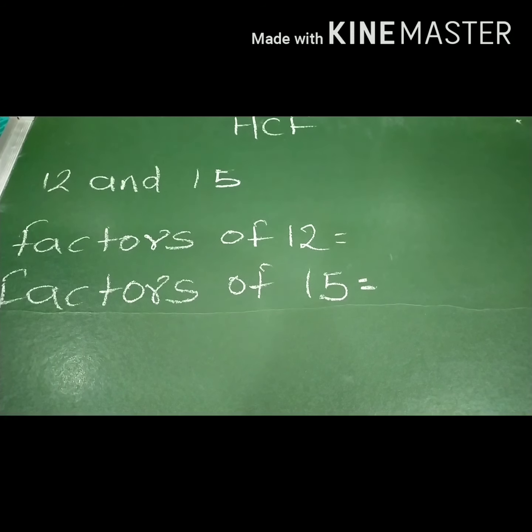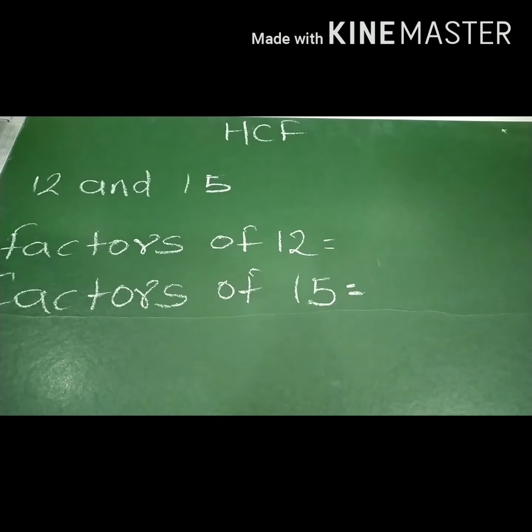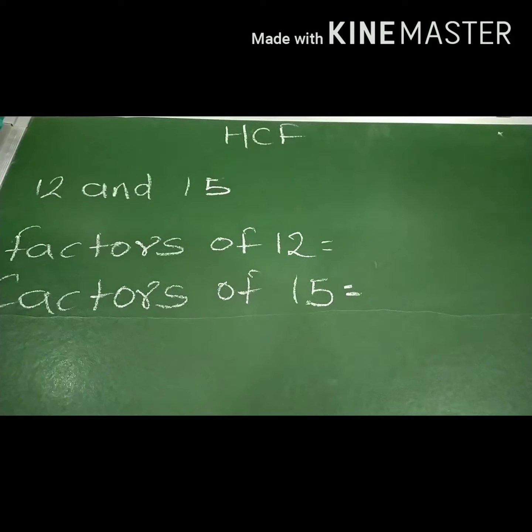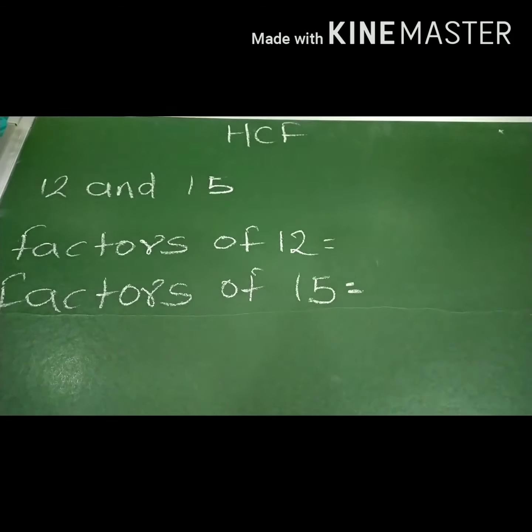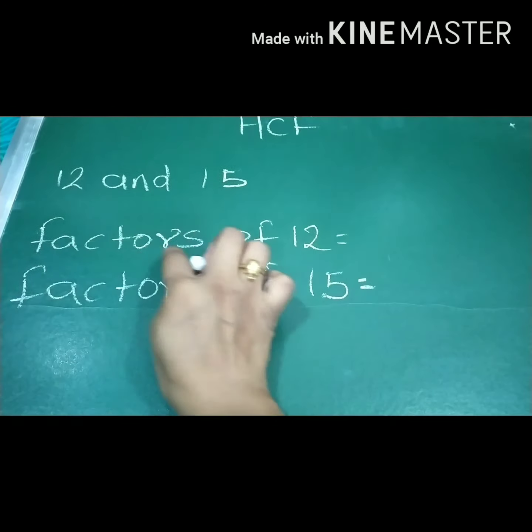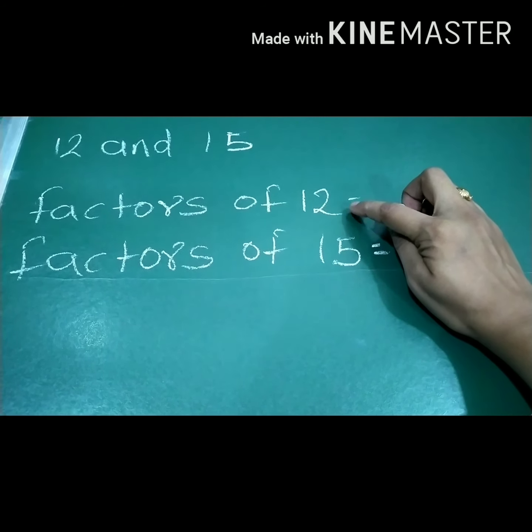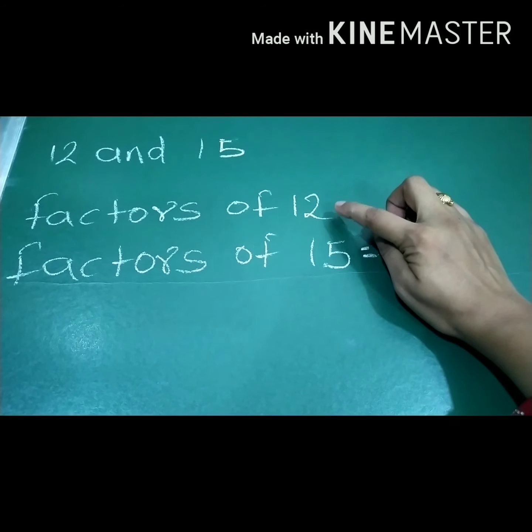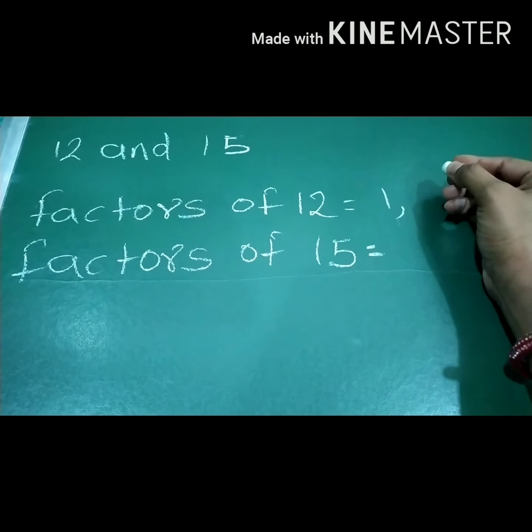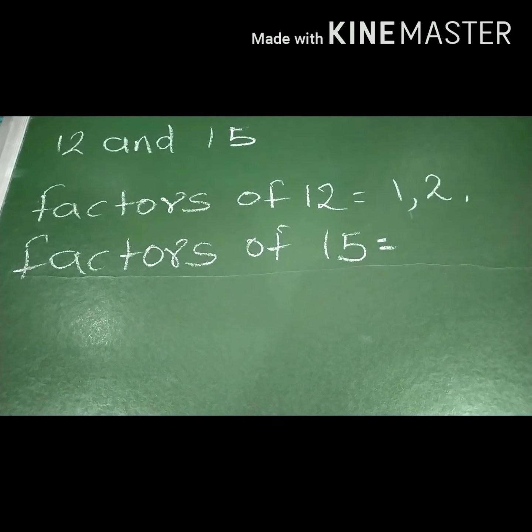First example, we have to find out the HCF of 12 and 15, that is highest common factor of 12 and 15. So for that, first we have to write the factors of 12 and 15. We have learned and you know how to find out the factors. So first we have to write factors of 12. In which table is 12 present? 1, it is always common. Then in the table of 2, that is 2 6s are 12. So we will write 2 and 6.